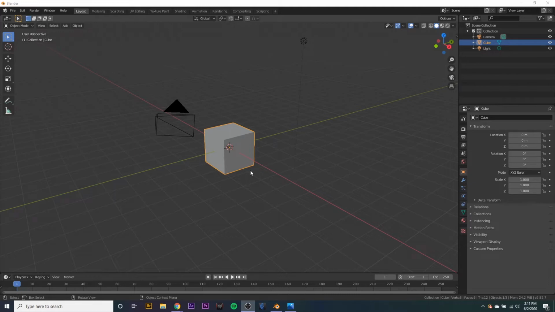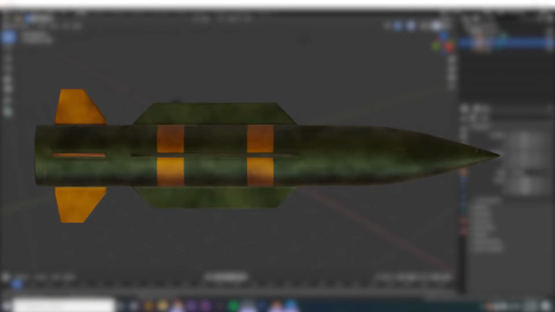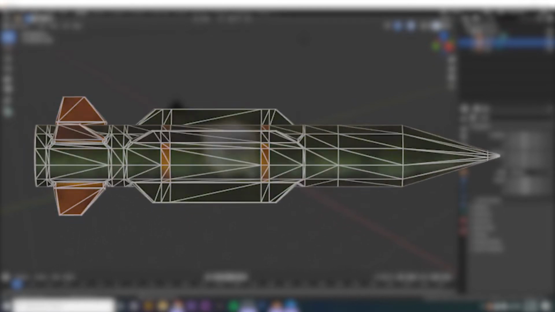This first video is purely going to focus on modeling and shading the missile, while the smoke trails will be in the next video. So if you'd like to skip this one and download the missile from my Patreon page,